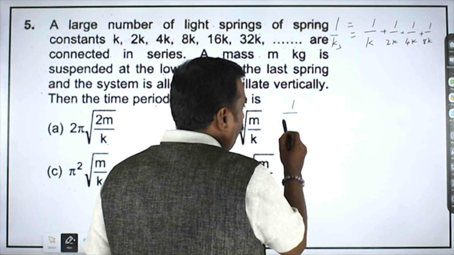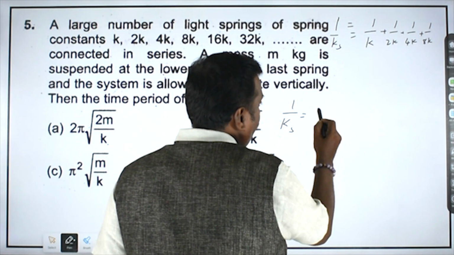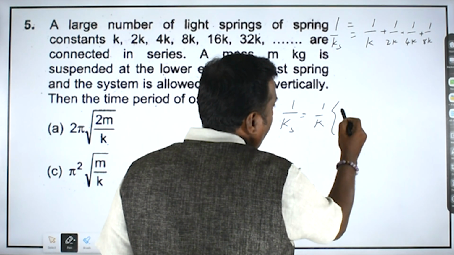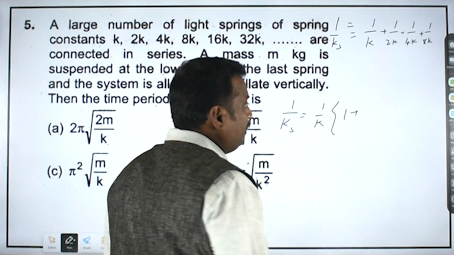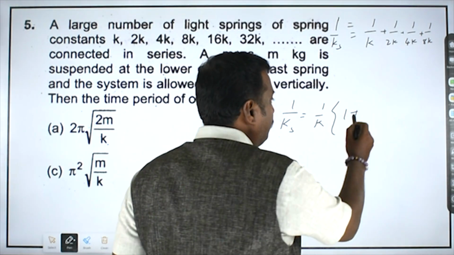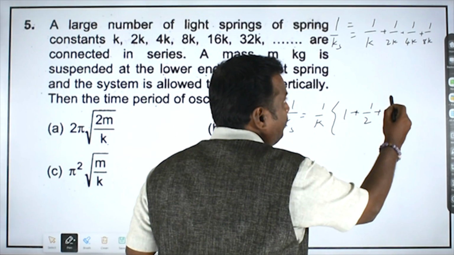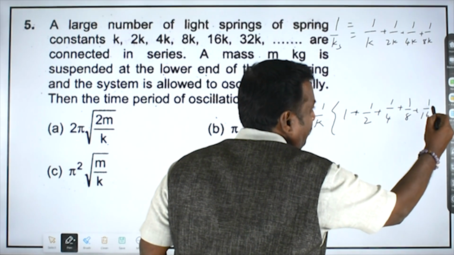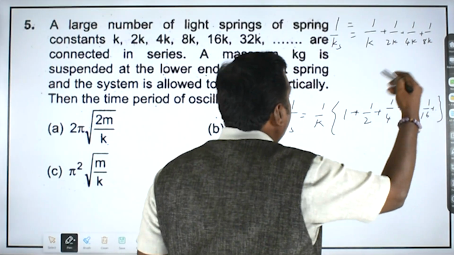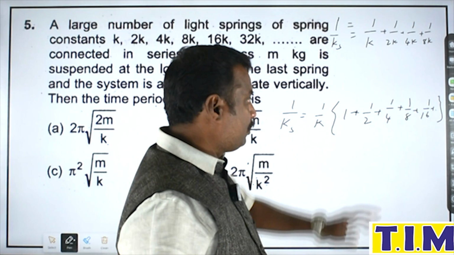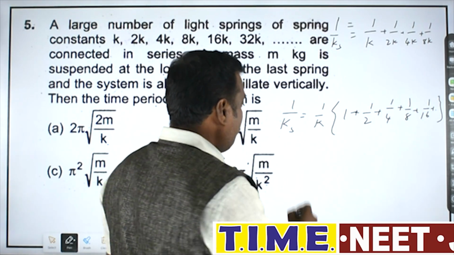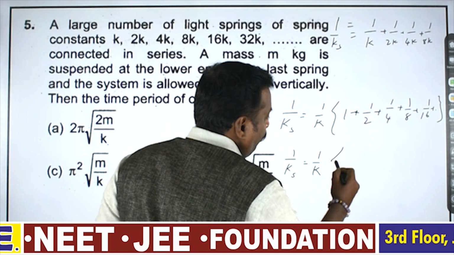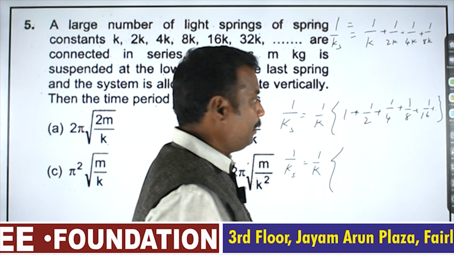I'll write it here. 1 by ks is equal to, taking k common as 1 by k, the first term is 1, plus 1 by 2 plus 1 by 4 plus 1 by 8 plus 1 by 16 and so on, dot dot dot up to 32 and beyond. Right? Now 1 by ks is equal to 1 by k into,